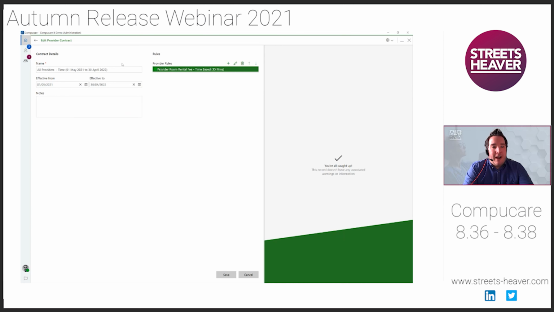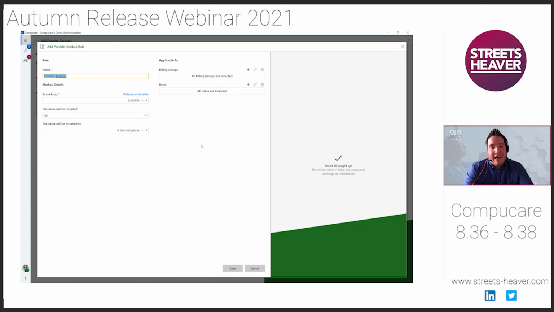So on this contract, we now have a new rule that we can add called provider markup. And so what this allows you to do is very similar to how any contract rule works, but it allows you to mark up either a set of items or a specific item by a certain percentage for whatever reason you're doing that. So it might be that if you have a standard selling price to the consultant for any extra services that you provide to them, so it might be if you're charging them for secretarial services or something